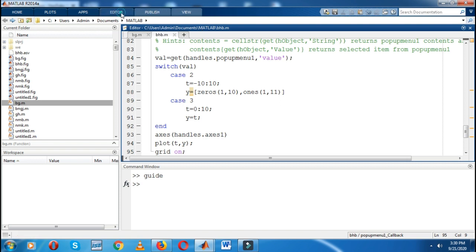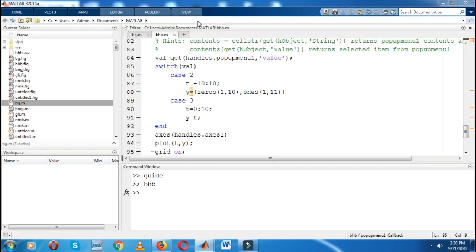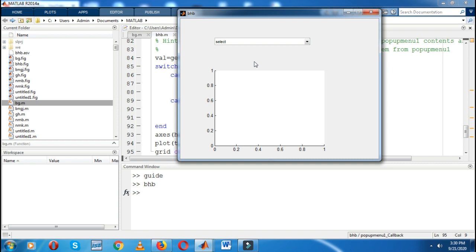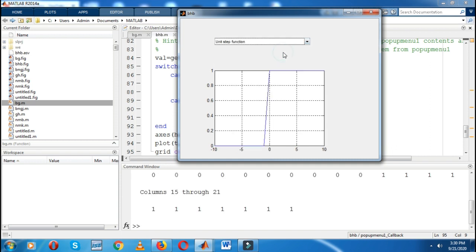Whenever we click on the run option, one window will open, that is the graphical user interface window. Suppose for example I select unit step, so basically it will display the unit step. If I click on unit ramp, it will display the unit ramp function. Like this you can make a lot of different applications by using a graphical user interface.